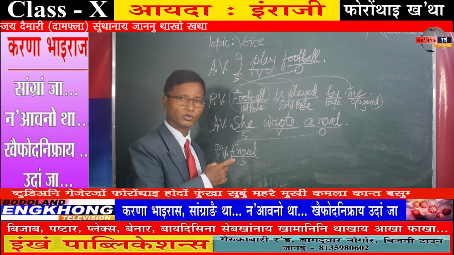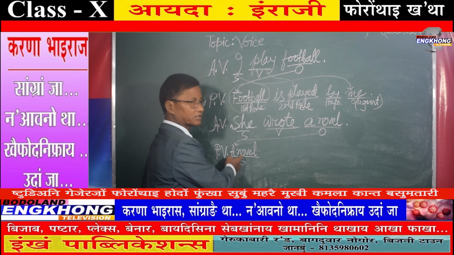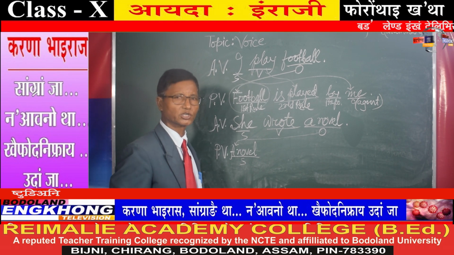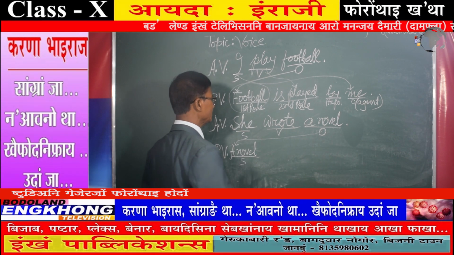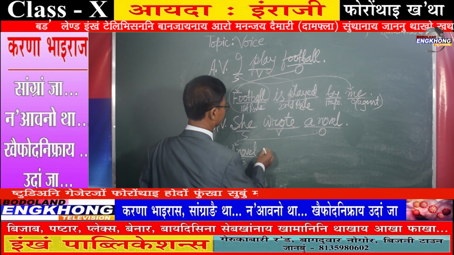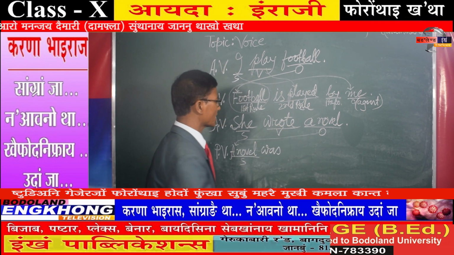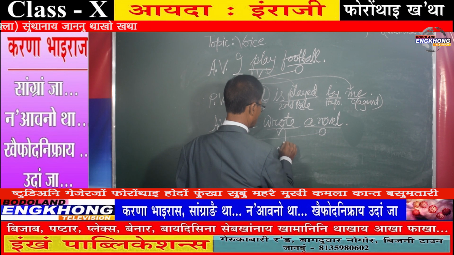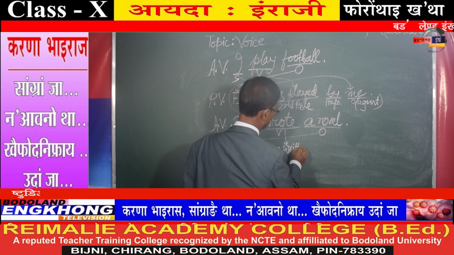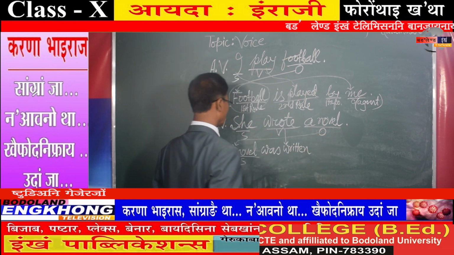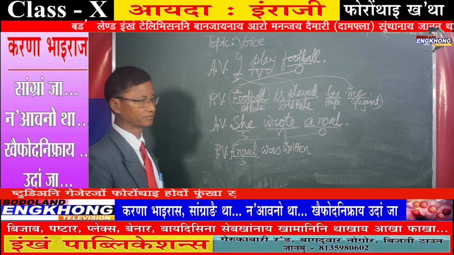According to the second rule, what should you write here? An appropriate form of be verb, considering the person and number of the subject. A novel is third person singular number. The tense is here past tense. So, what will be the be verb? Was. Then the main verb in past participle. Written. A novel was written.